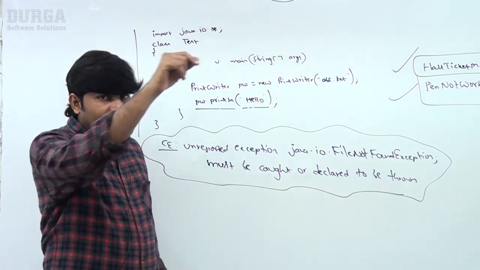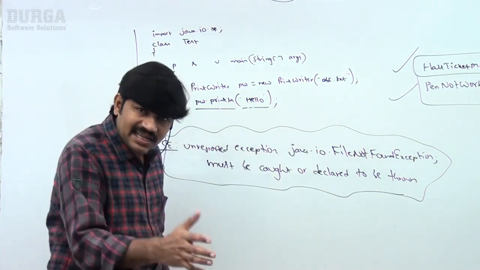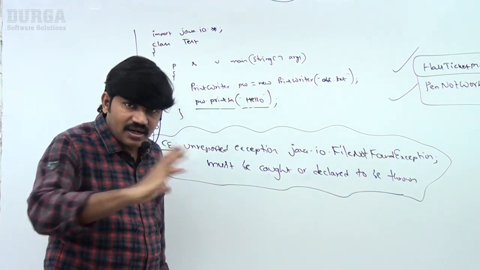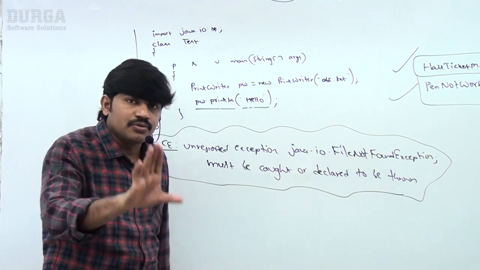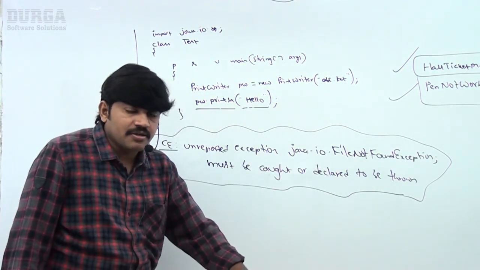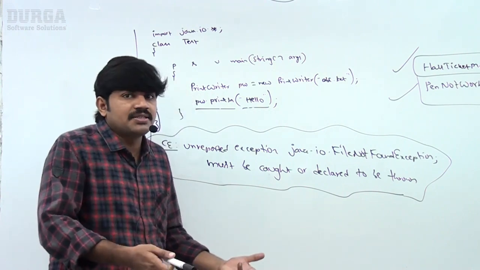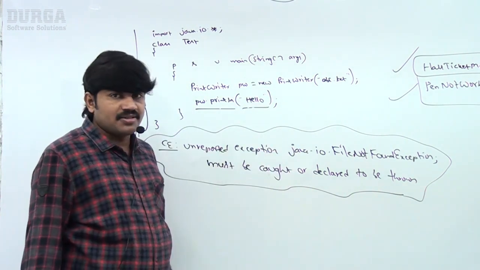Sir, now I will ask one question. Does the FileNotFoundException occur? No, it is not "Exception in thread main FileNotFoundException". The compiler is telling Durga, there is a possibility of FileNotFoundException. You didn't report about this exception. That's why I can't compile this code. This is what the compiler is going to ask.